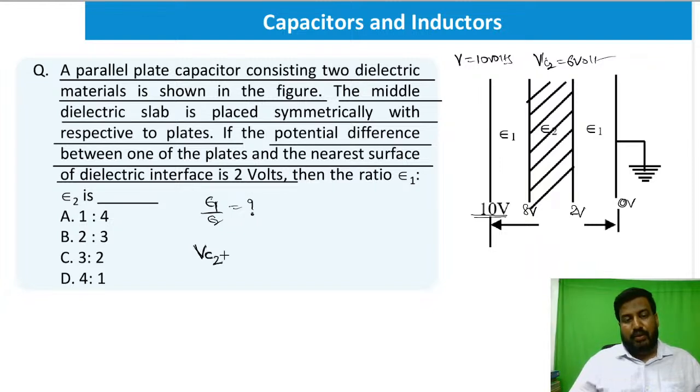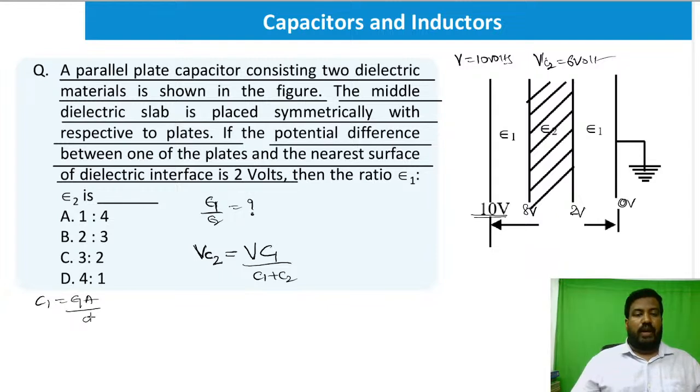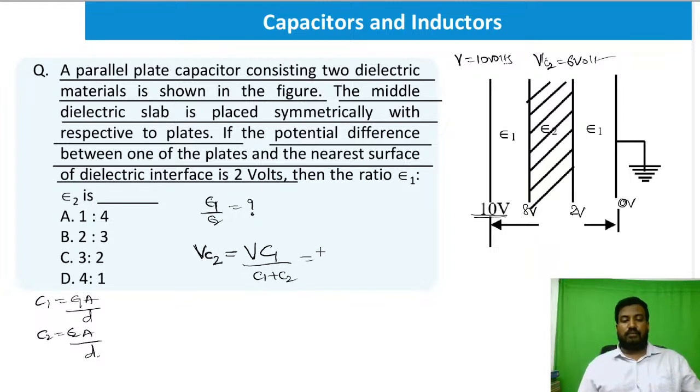Potential across capacitor 2 is total potential into opposite capacitance by total capacitance. You know, C1 is epsilon 1 A by D, because both are symmetric. C2 is epsilon 2 A by D, same area, same distance. So substituting, potential across capacitor 2 is total potential into